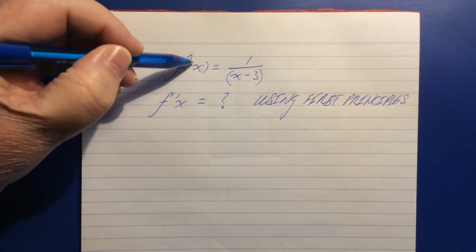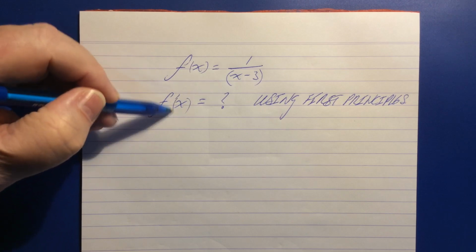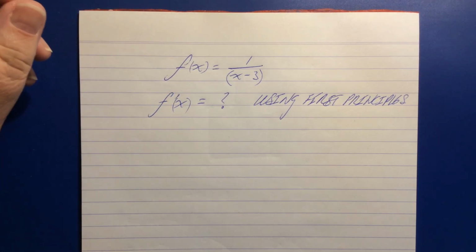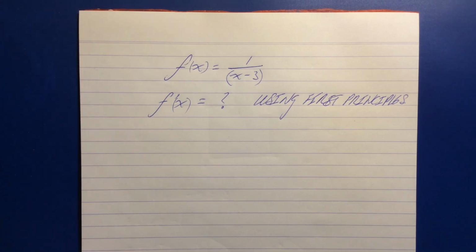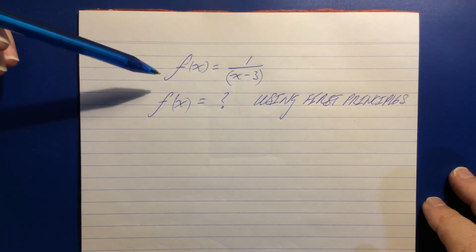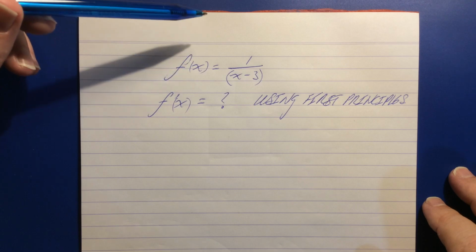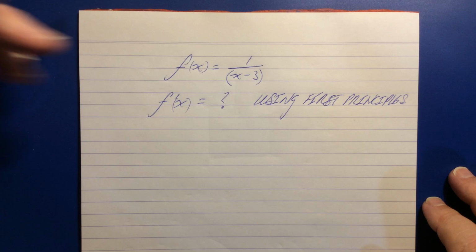So, f of x is equal to 1 over x minus 3. What is the differential of that? What is f dash x, using first principles? Well, there's a question as to whether anyone in their right mind would want to do this. The obvious workaround is to use the chain rule, but